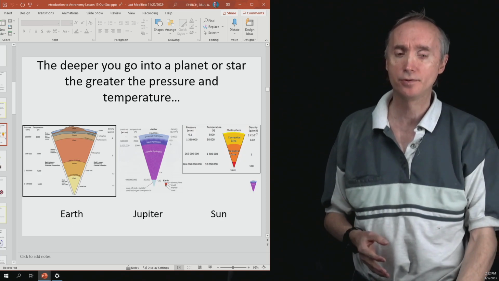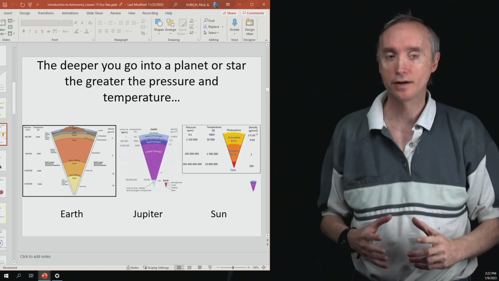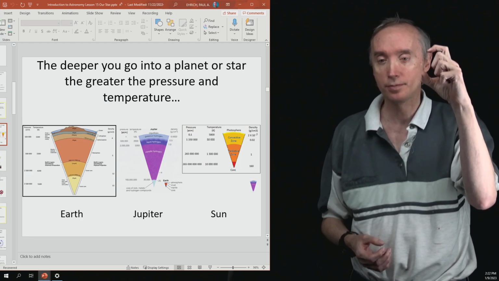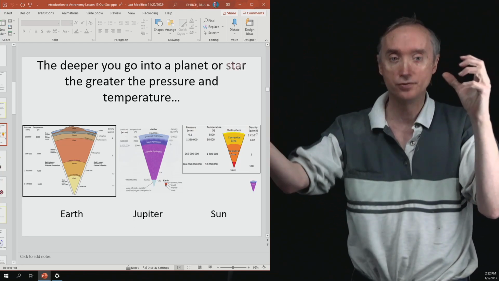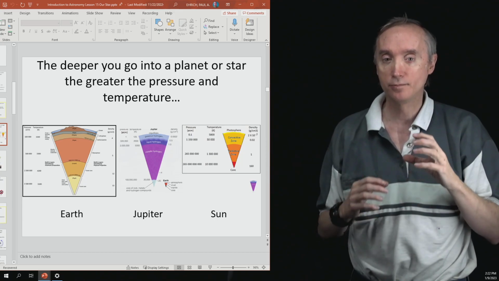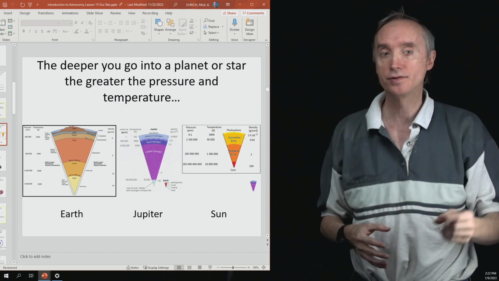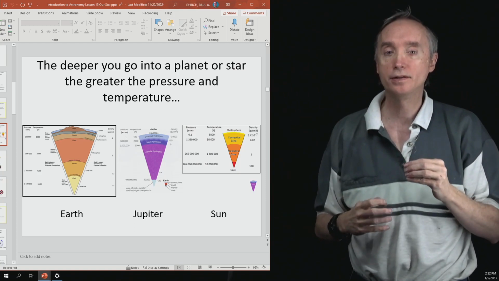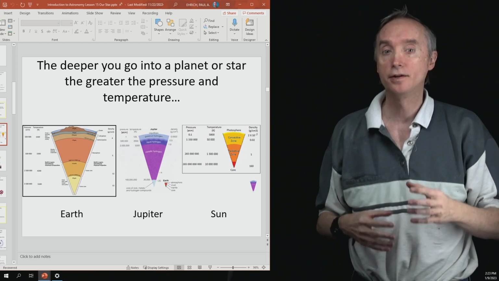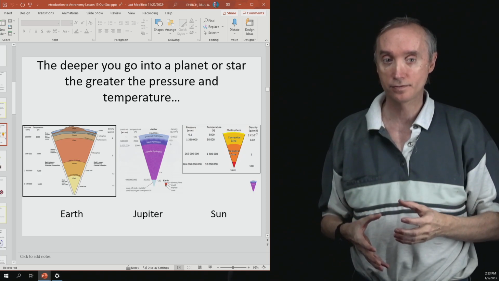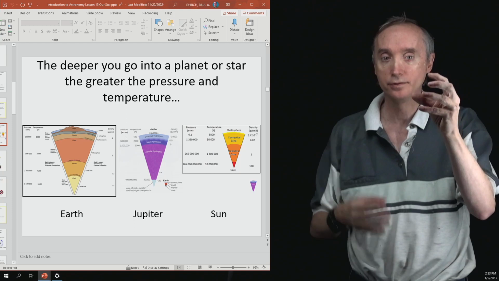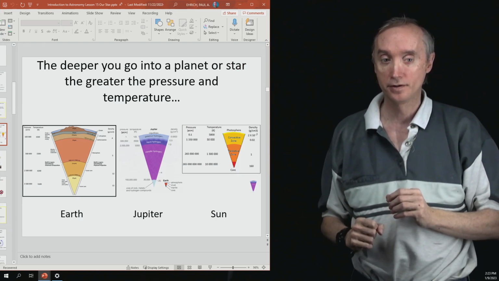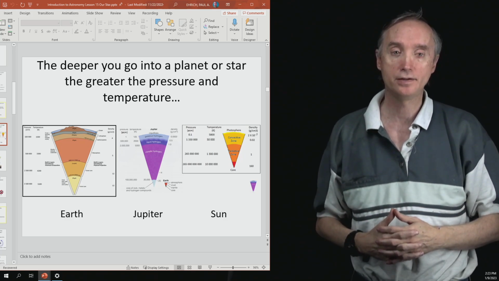Some everyday examples of this would be, let's say that you've got an aerosol can and you press down on the button on the top of the aerosol can and out shoots the gas. So the pressure of the gas is decreasing because it's coming out. And so that means that according to the ideal gas law, the temperature is going to decrease. So if you feel that can, as that stuff is coming out, you'll notice that the can is getting colder. So that's an example of that PV equals NkT thing.